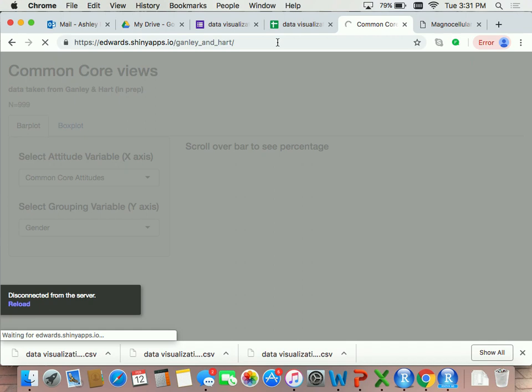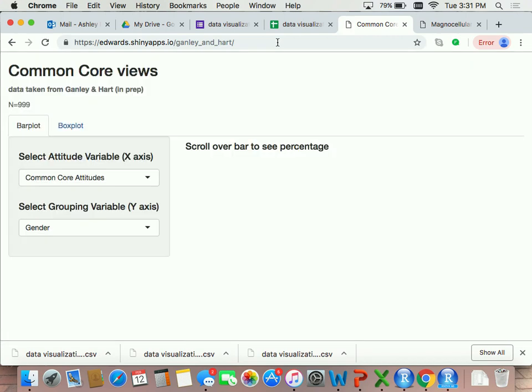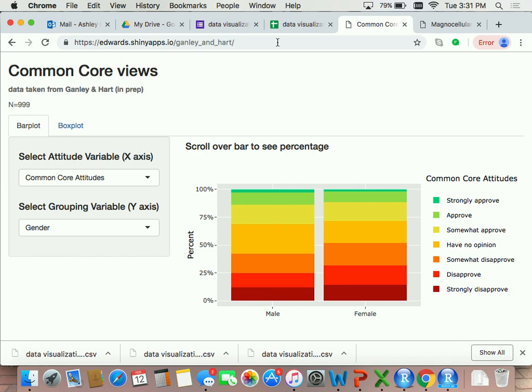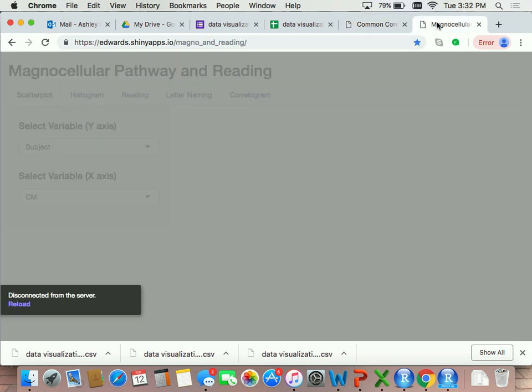I just want to show you a couple of things that are a little bit more advanced than what we'll be learning today. But I made this in Plotly. So Plotly allows you to have interactive graphs. So if you scroll over the bars, you can get the percentage. So that's through Plotly, and Plotly can be on top of any graph that you can make in R. So if you make a ggplot graph, you can put Plotly over top of it and make it into an